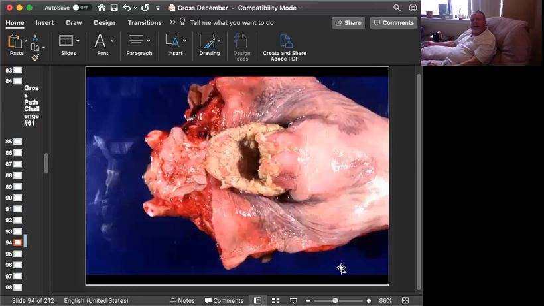Our last slide is tissue from a horse. Can you give me a morphologic diagnosis? Okay, time's up on this one. This is an unusual one, not one that is very intuitive, but we're looking at the larynx with the epiglottis, and what we're looking at here is a squamous cell carcinoma. Not horribly uncommon in horses,